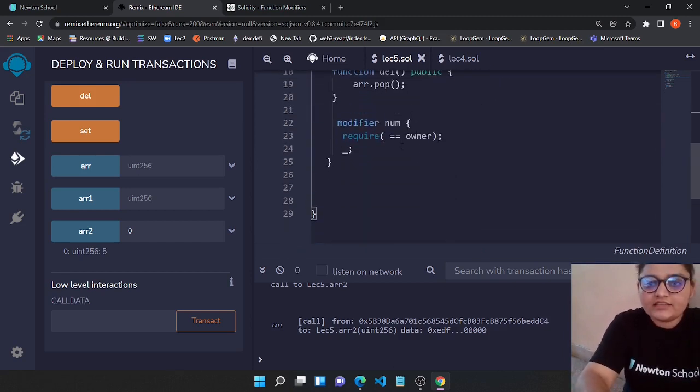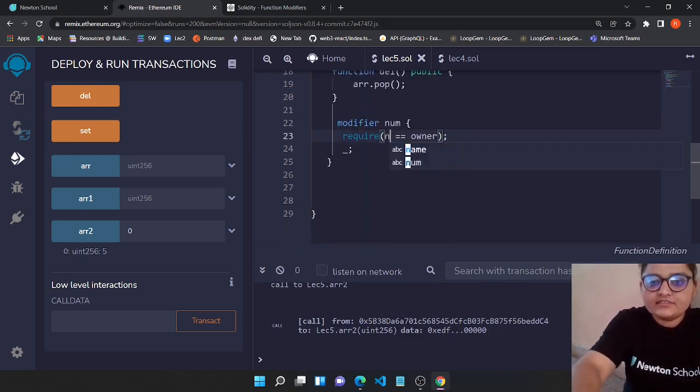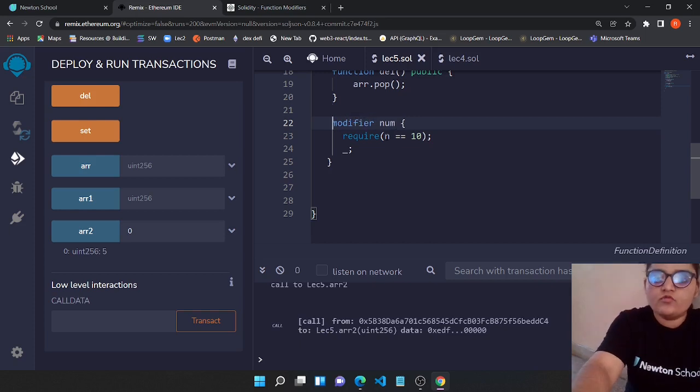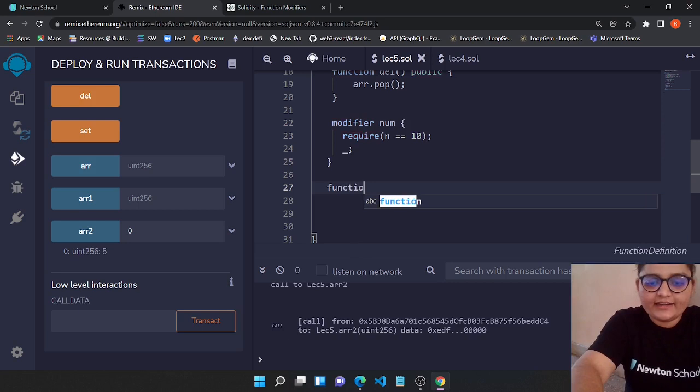I'm saying that if n is equal to 10, then please carry out the particular function, or else you won't be able to carry out that particular function. So let's create a function. Let's give this the name test function for modifier. We are testing our modifier basically.